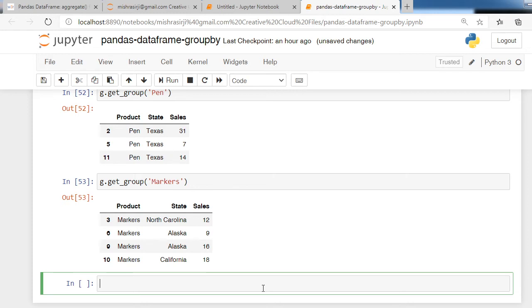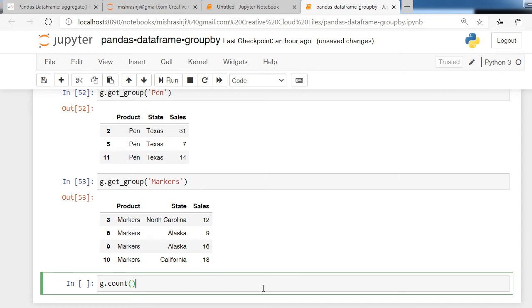Okay, let's start with the count function. So I am writing here g dot count.